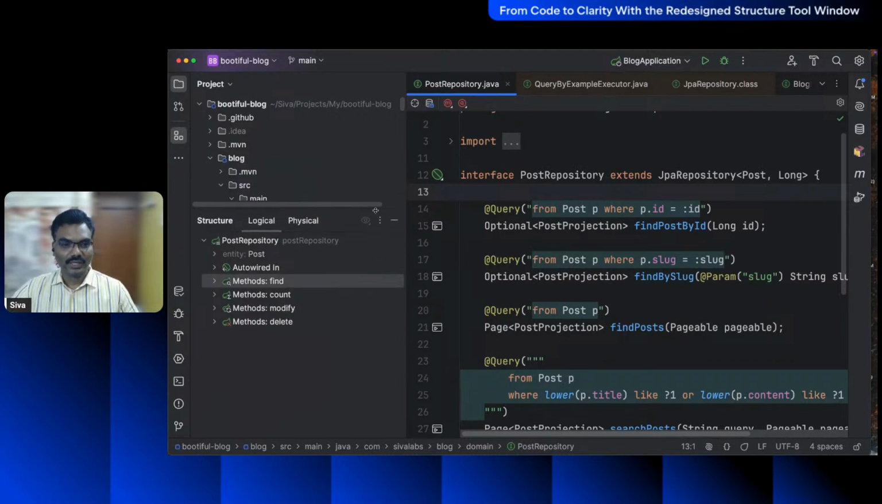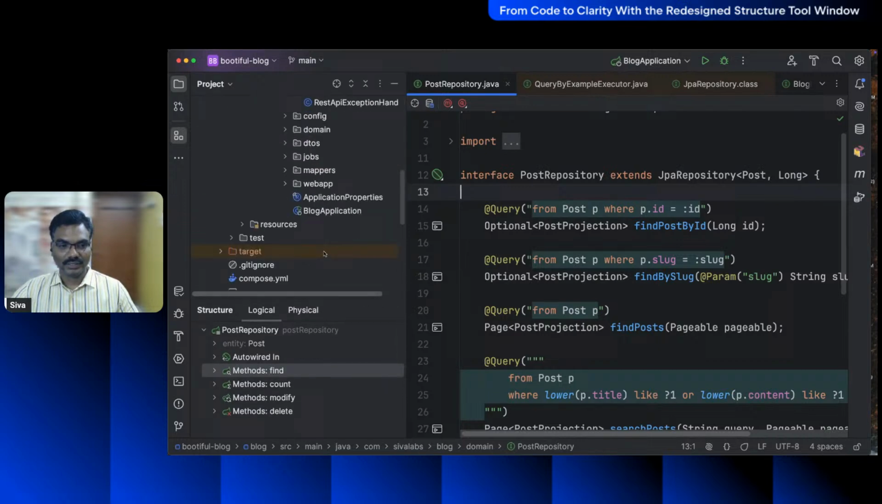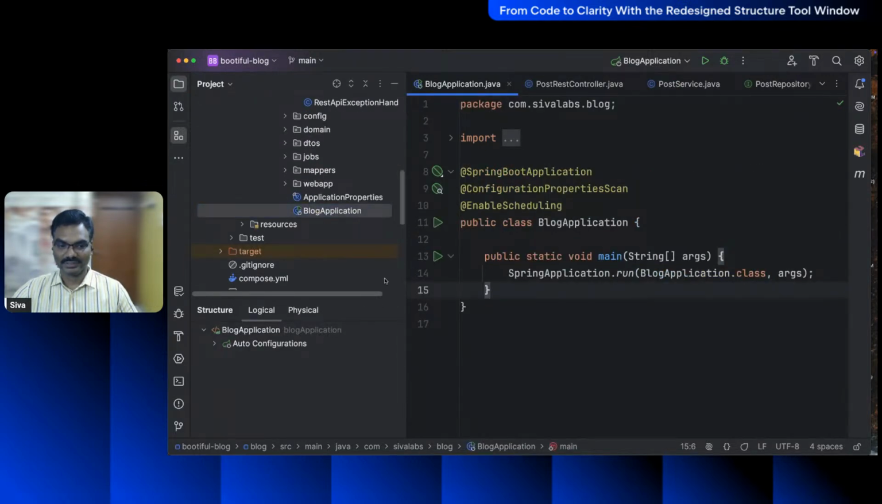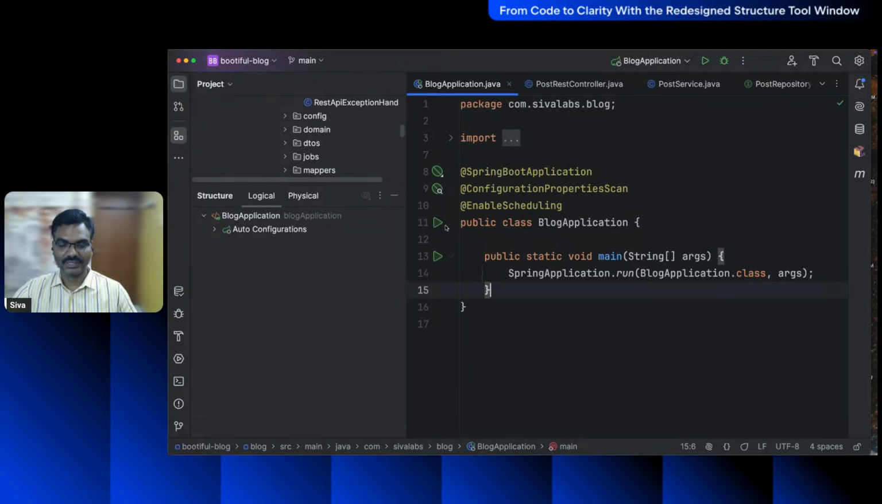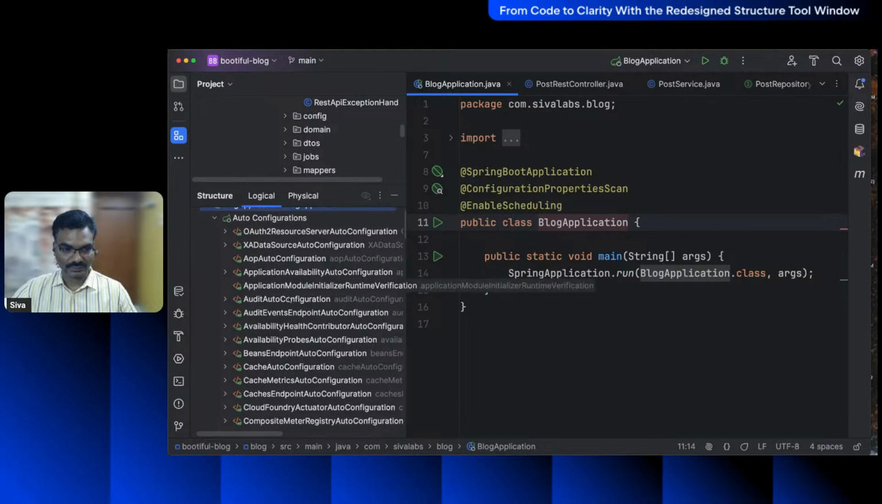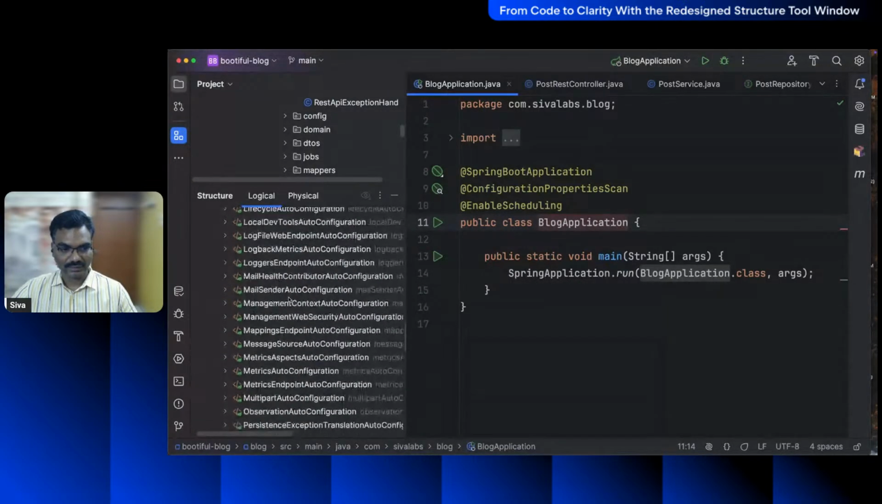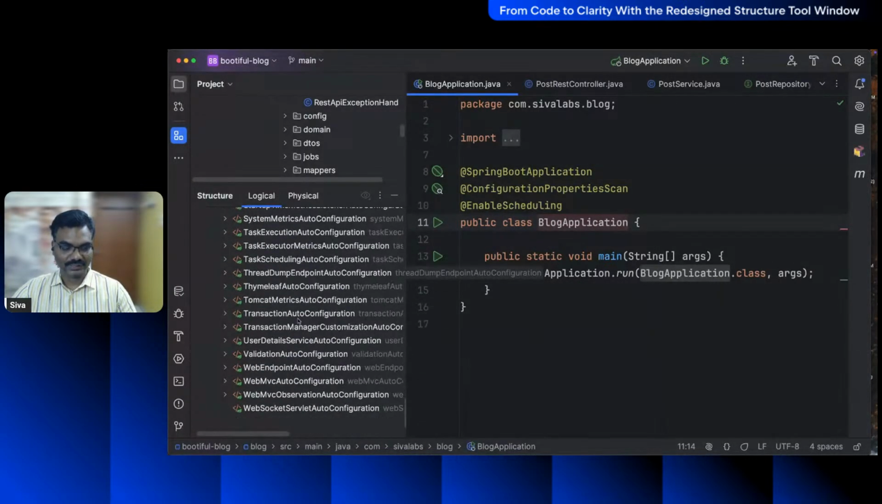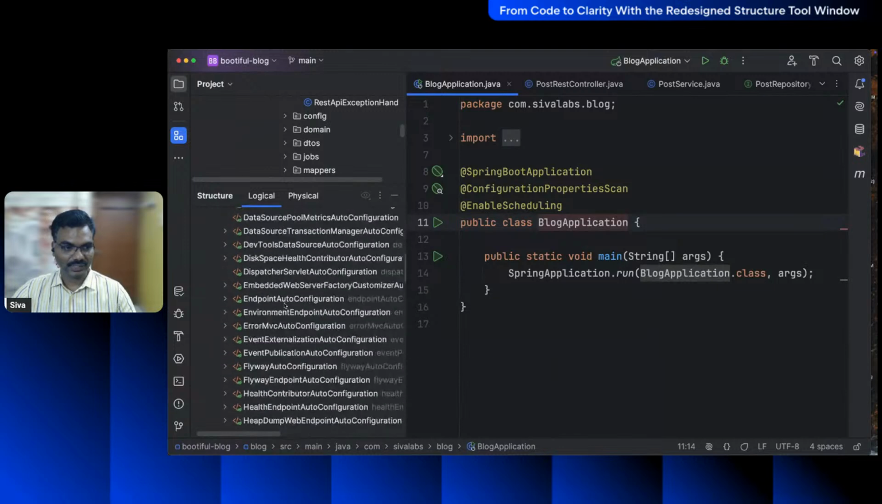So now, if you ever want to learn what are all the components that are registered using the auto configuration mechanism, here I opened this blog application, which is typically the main entry point class for a Spring Boot application. And here in the logical view, you can see auto configurations. If you expand the node auto configurations, you can see all the available auto configuration classes. And also, if you click on, for example,